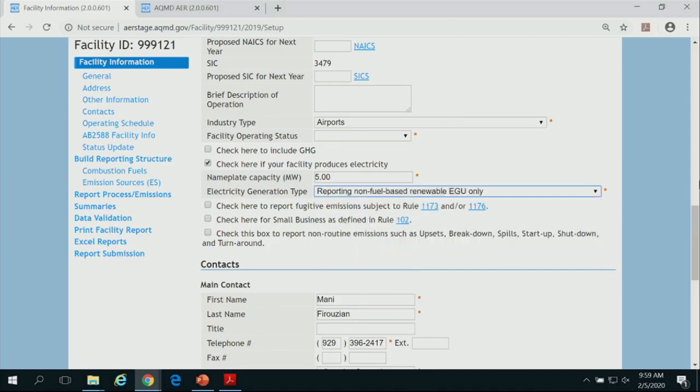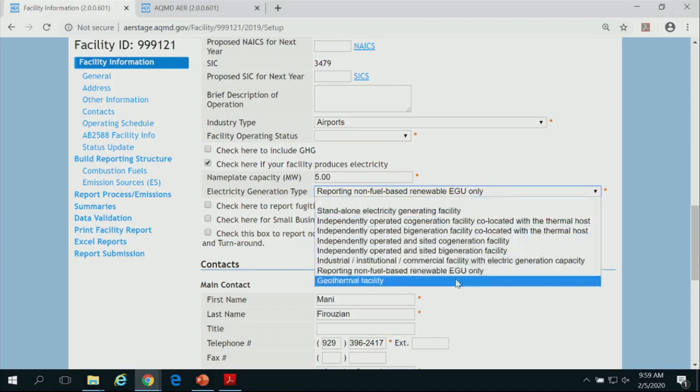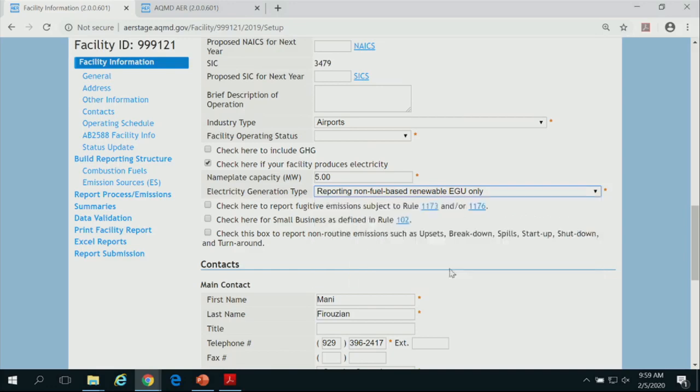Again, solar has nothing to do with the emission generation. There are categories provided here. You indicated you don't want to report the solar generation because it's owned by someone else. So that's what I indicated. If there is a contractual agreement and they report for it somewhere else, don't report it.